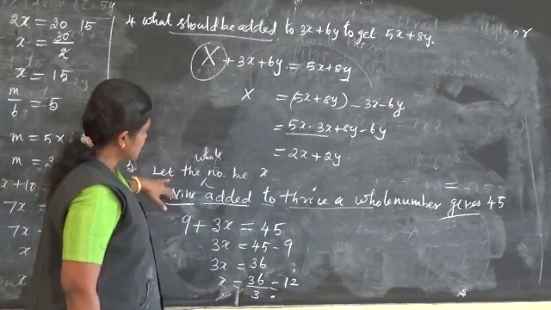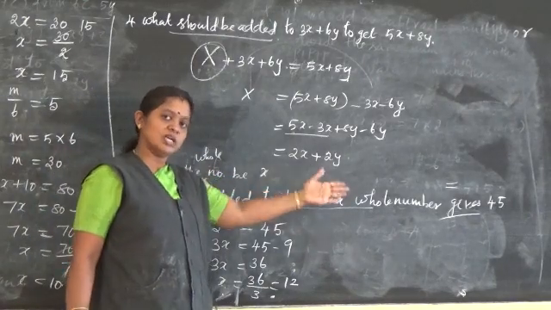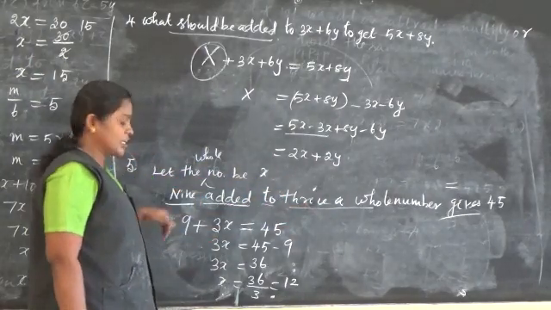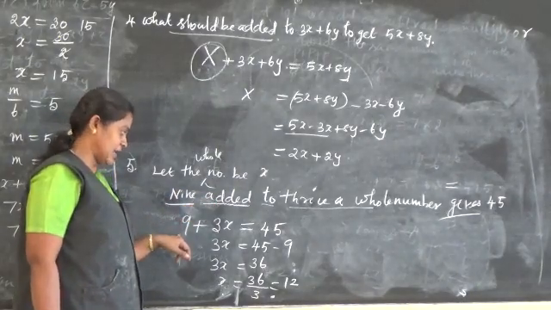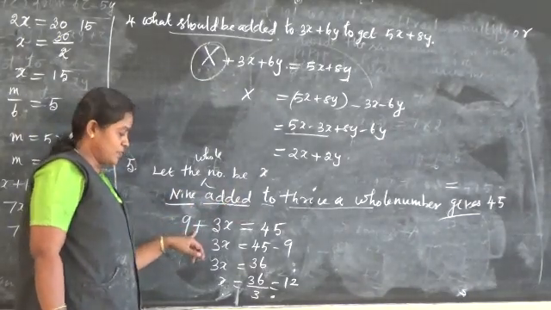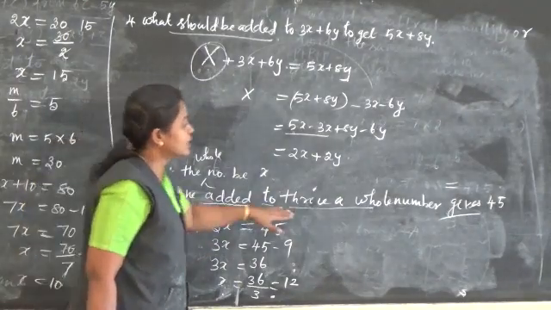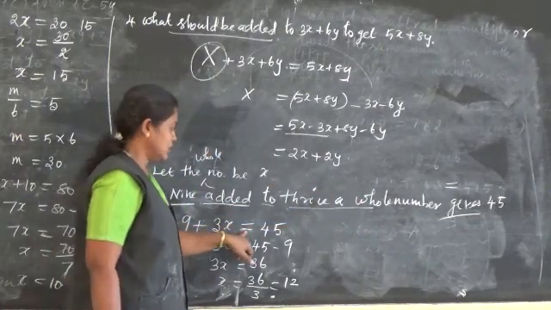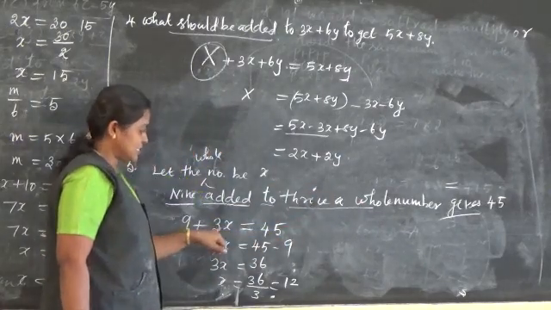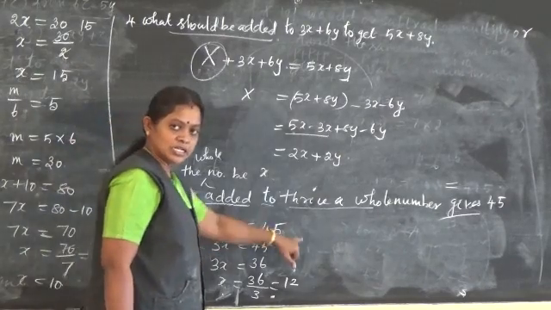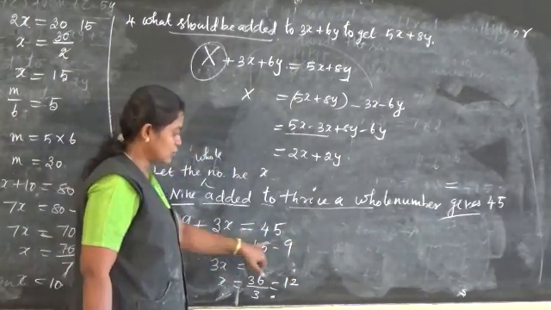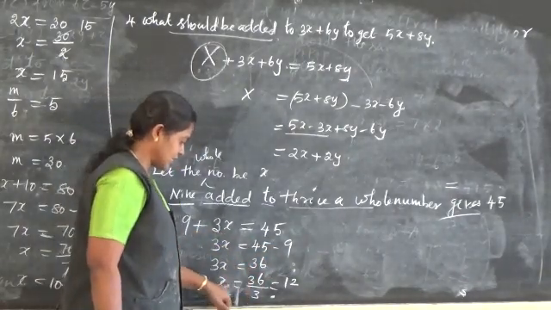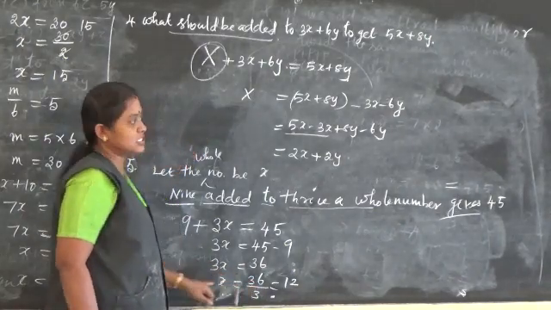That statement is given to us. 9 added to thrice a whole number gives 45. Now I am assigning, let the whole number be x. So according to our statement, 9 added, so I am keeping 9 here. For added, I am keeping the positive sign, addition plus, then thrice a whole number, so 3 times of x, then equal sign, equal to 45. So 9 plus 3x equal to 45. 9 goes on that side as subtraction. So 3x equal to 45 minus 9. Subtracting, 3x equal to 36, x equal to 36 by 3. Answer is 12.